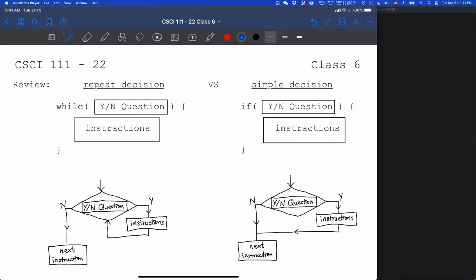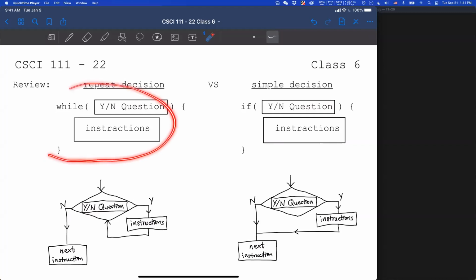Okay, so last class, we talked about the repeat decision. If you need to constantly make a decision, and if the answer is yes, then you will keep doing the same action or instruction, we will use the while loop, right?